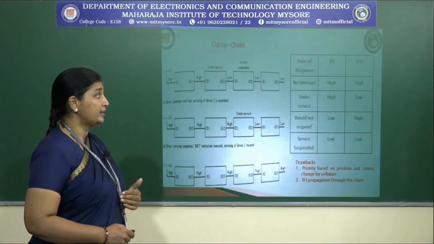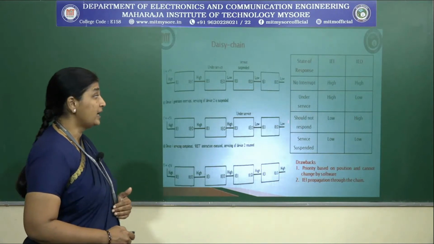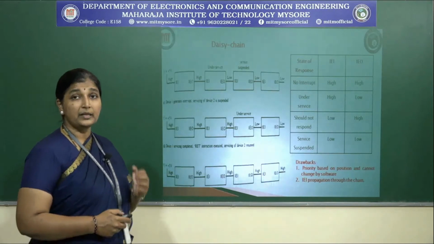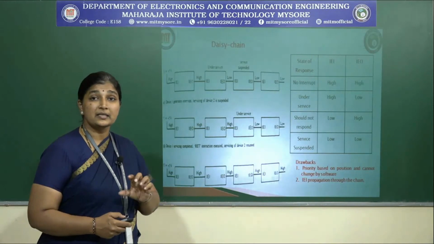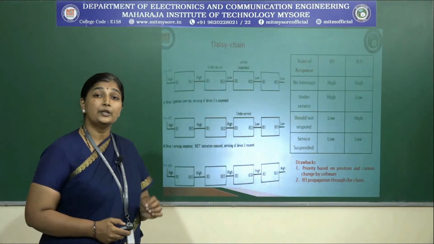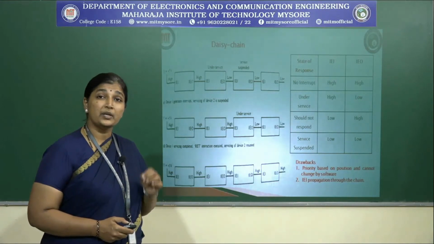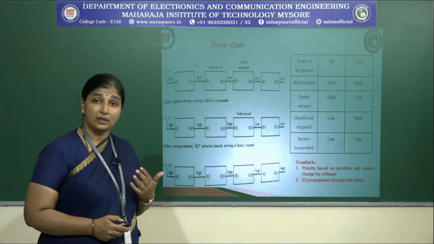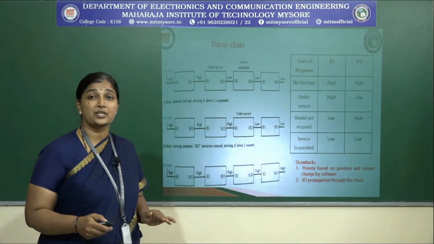When the input is low and output is high, what will happen? It should not be responded to. So IEI, the input request, if it is low, what does it mean? That it is suspended, so there is no operation, it should not be accepted. The only condition for the interrupt to be enabled or a request to be raised is when the input is high and the output is low. If the input is low and the output is also low, then it has to be completely suspended. Acknowledgement should not be sent for such a device.